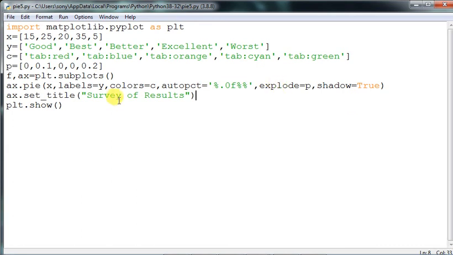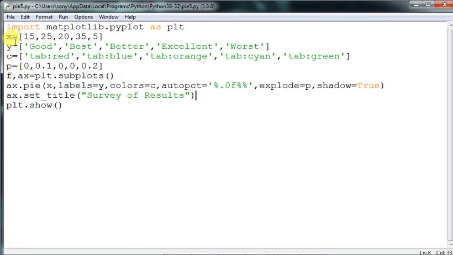Now you can see out here everything is fine, and here one list has been taken, p = 0.1, 0, 0, 0.2. Okay, that means wherever it is 0, it will not be exploded. Exploded only where 0.1 and 0.2. So this value should not increase much, otherwise that particular wedge can go further, and it may cover your labels also. That's why you have to give a considerable amount only. So don't cross 0.1, 0.2, 0.3 maximum. Okay, that is the thing. And this is explode, explode equals p, in a similar way.